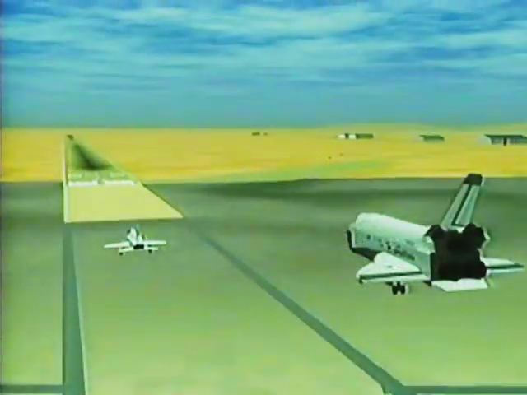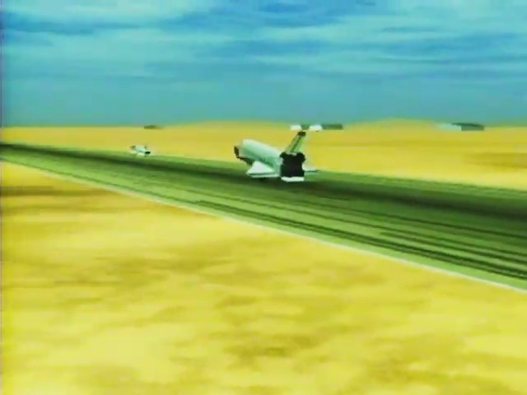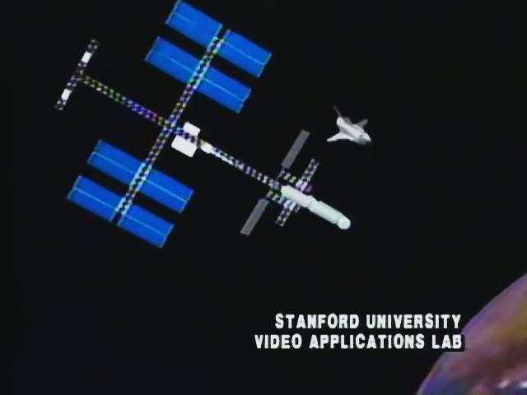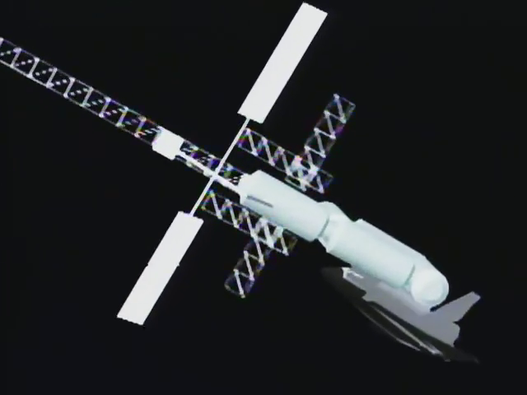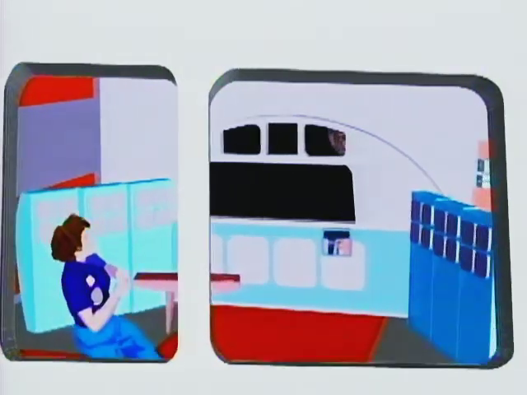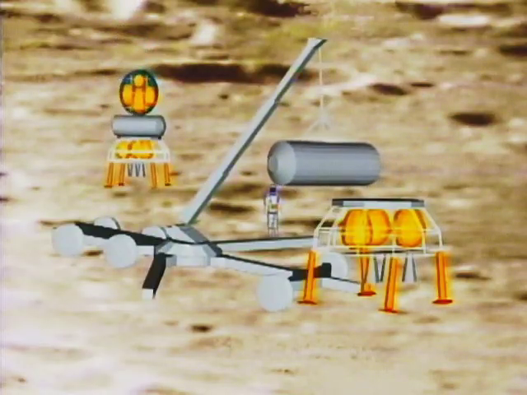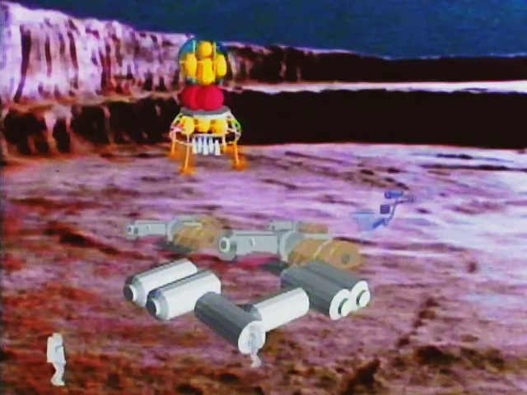This simulated space shuttle landing gives pilots the opportunity to practice delicate and vital maneuvers as the shuttle responds instantly to every command during the landing. Stanford University uses the Bosch computer system to simulate the shuttle docking with a space station and life inside the station. The building of a working lunar colony is visualized, and the completed colony has visitors in this projection of the